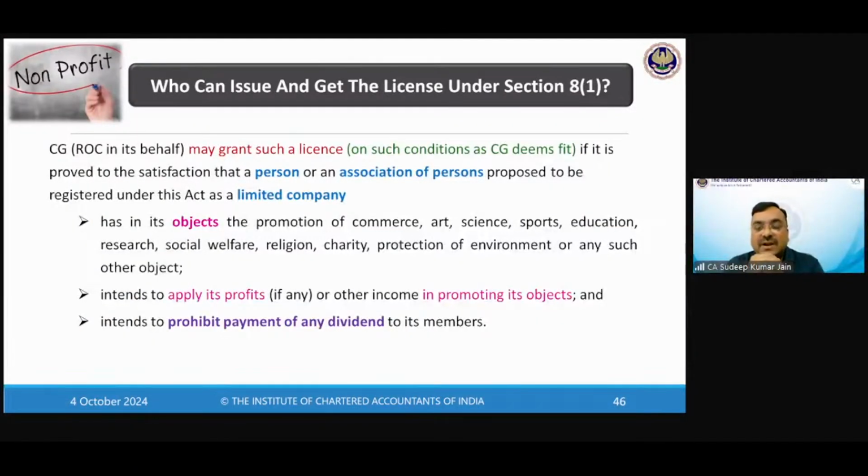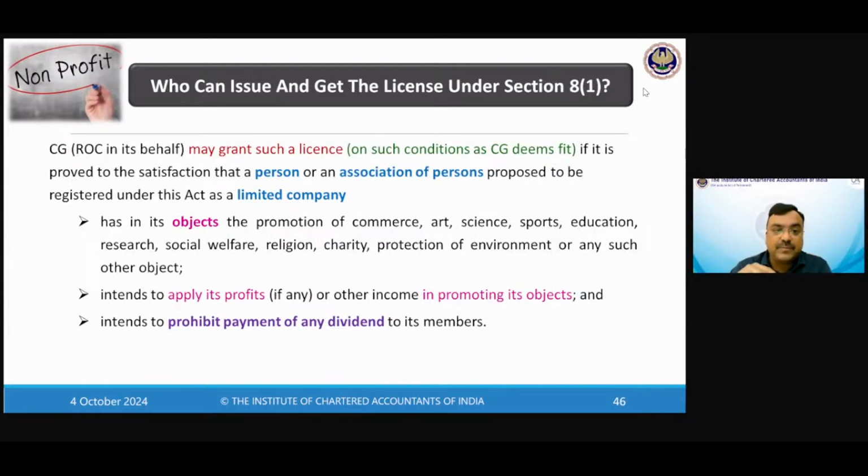Now start with the concept, who can issue and get the license under section 8 subsection 1. Now central government, and this power of central government is given to ROC in this point, may grant such a license on the conditions given by central government, on such conditions as central government deems fit, if it is proved to the satisfaction that a person or an association of person proposed to be registered,